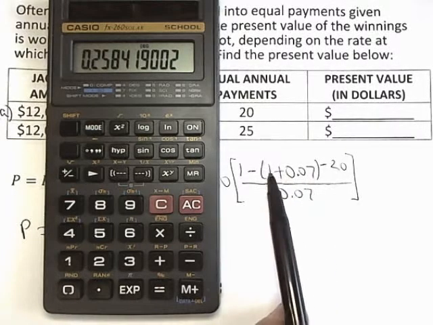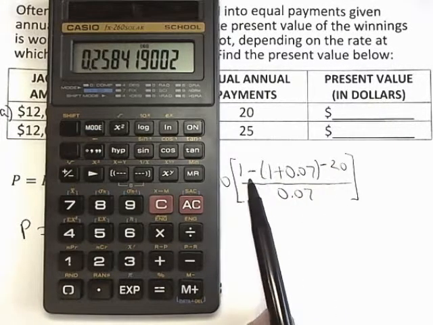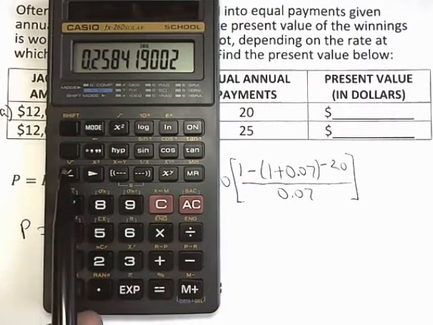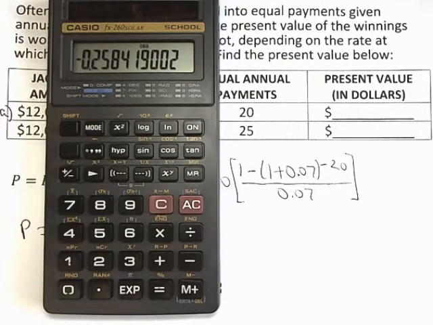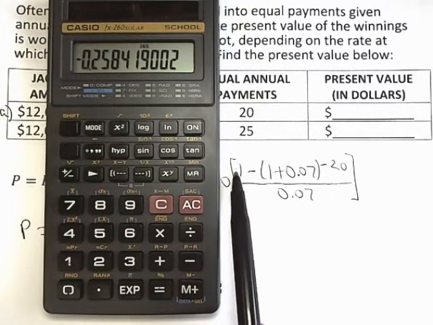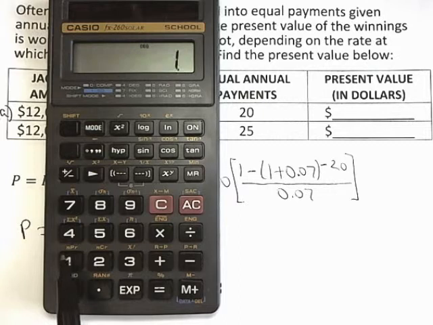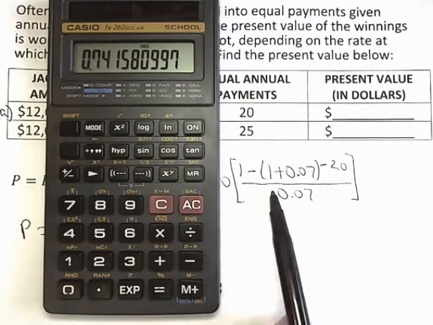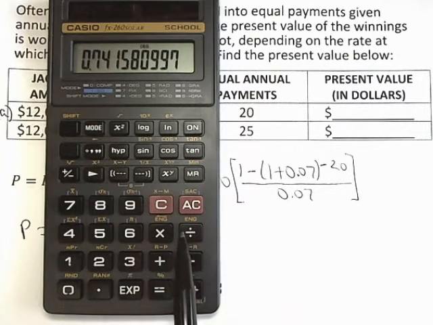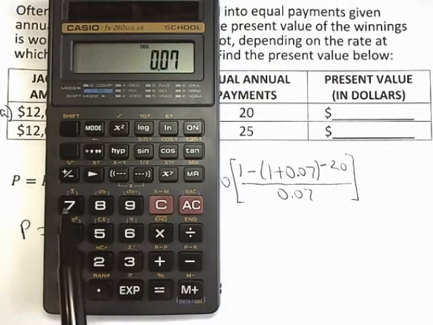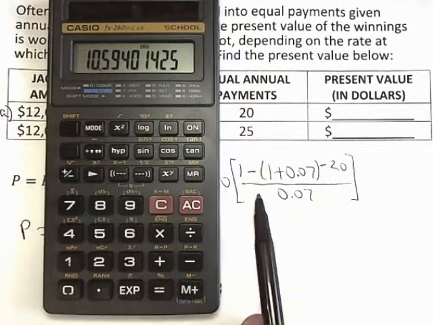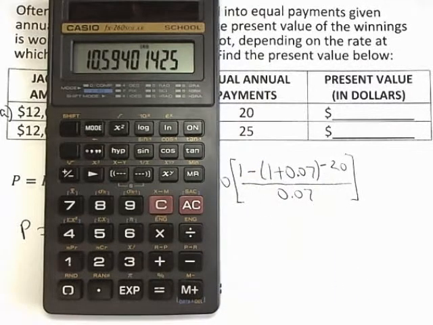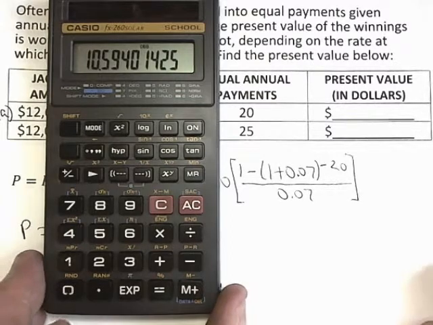That is the base raised to the power. But notice it's negative. It's not negative in the calculator, but I can make it negative by hitting the plus minus key. Now you can see that it's negative. And the only thing in the numerator that I haven't dealt with is this positive 1. So if I do plus 1 equal, that gives me the entire numerator. That needs to be divided by little i, which is 0.07. So I do divided by 0.07 equals. So the entire fraction there is equal to what's in the display of the calculator, which is, and I'll transfer it down here,